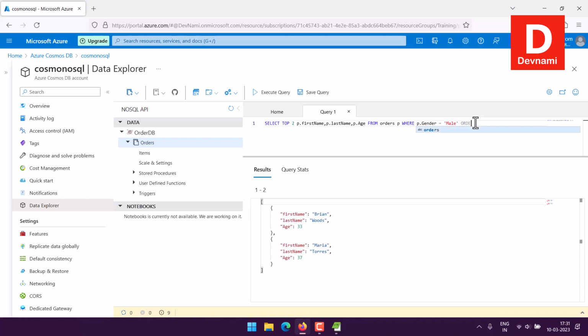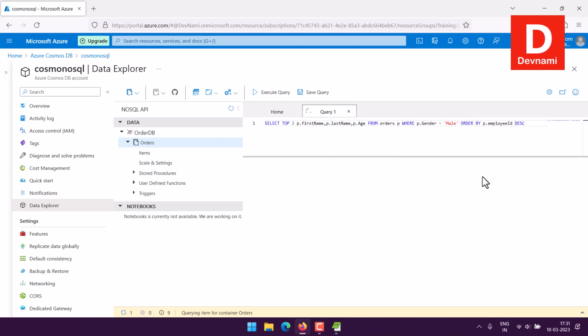And order by, let's say P dot employee ID, and I can get the data in descending order. So let's try that. And there you go. First name, last name, age, and you get the data only males, order by employee ID